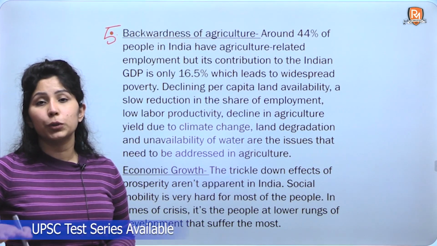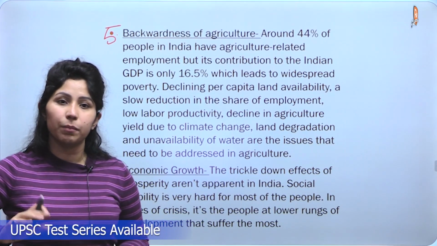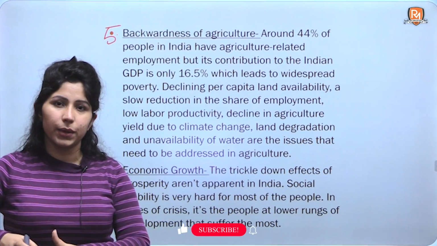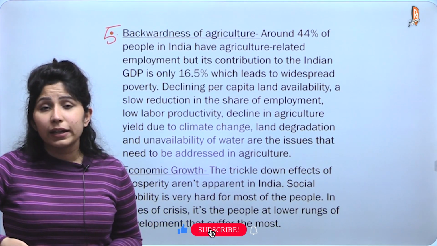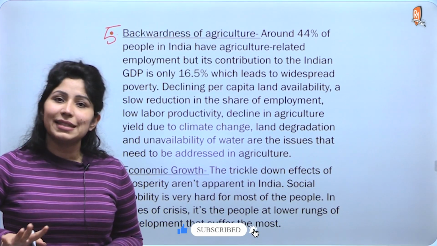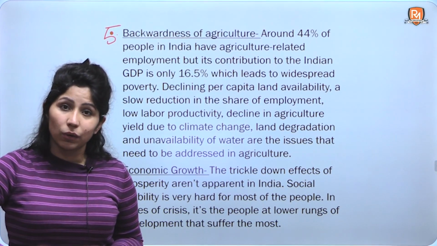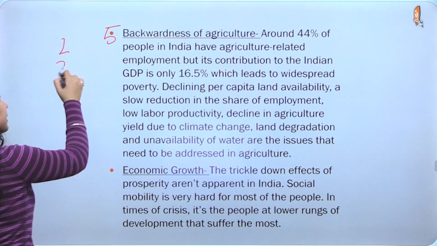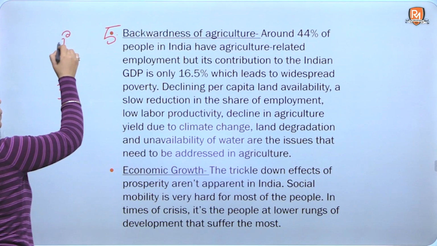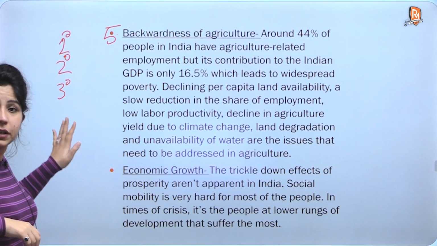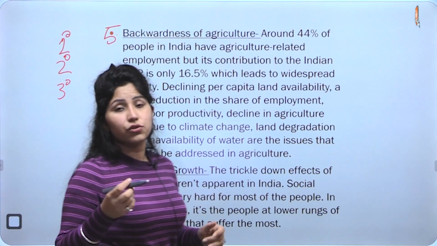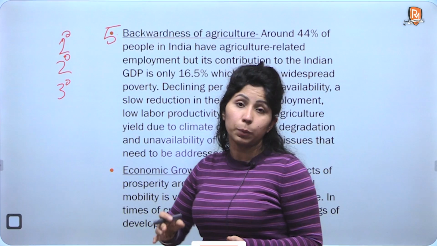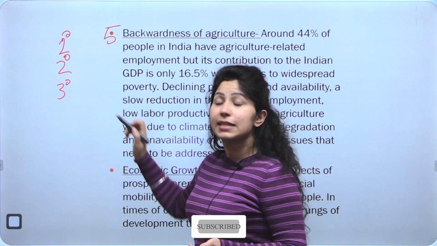Around 44% people are employed in agriculture or jobs related to agriculture, but the contribution of agriculture to our GDP is just around 16 to 17%, which is very low. And this data is very important for all the three sectors. For the primary, secondary and tertiary sector, for the agriculture, industry and services sector, you should know the data, how many people they are employing, what percentage of workforce every sector is employing